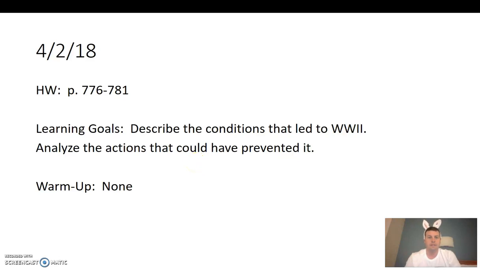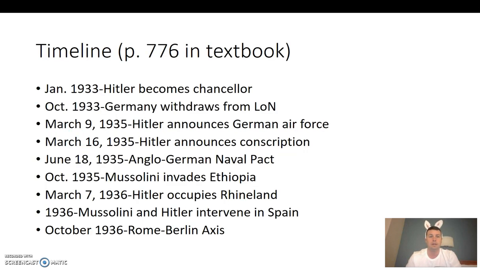Hi, everyone. Today we're going to take a look at the conditions that lead up to the start of World War II and how they're really based in policies of European countries prior to all of the aggressive acts that come later. We're going to look at Hitler's actions and the reactions of especially Great Britain and France and how they dealt with Hitler, and try to consider any possibilities of a way to stop Hitler before he really gets going.